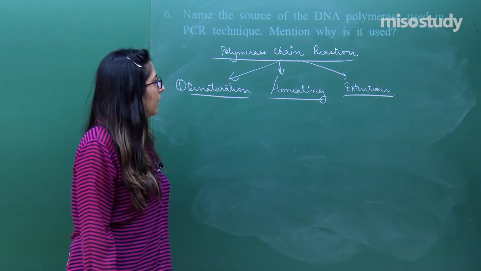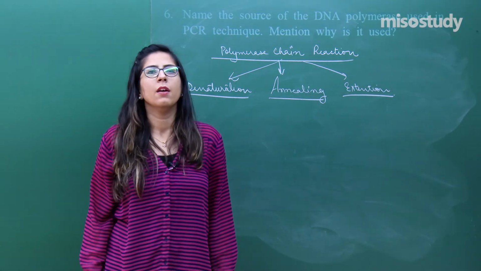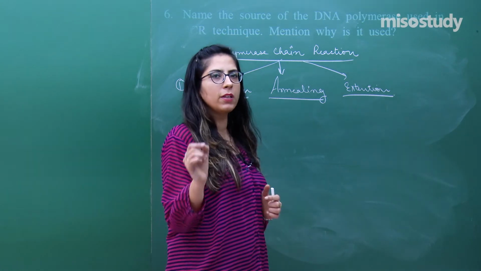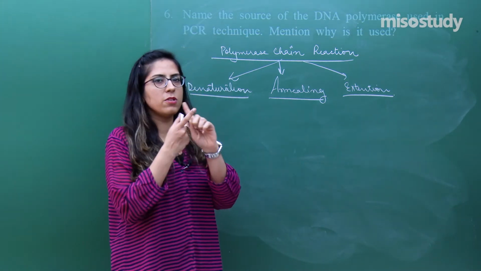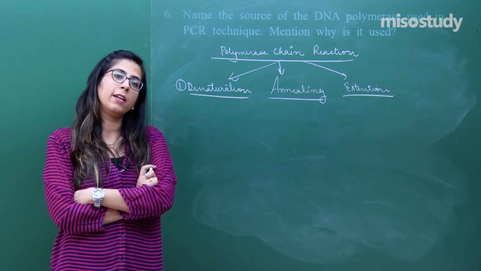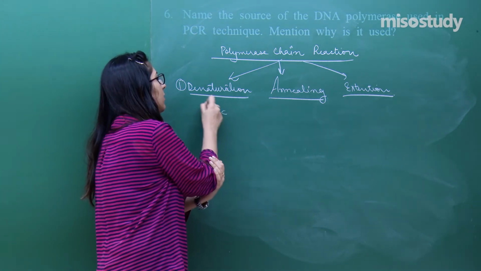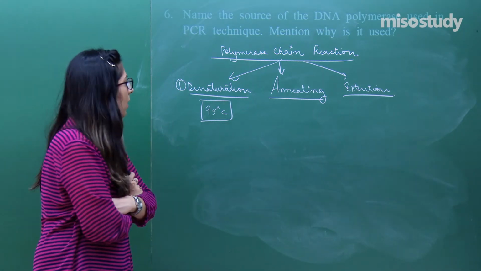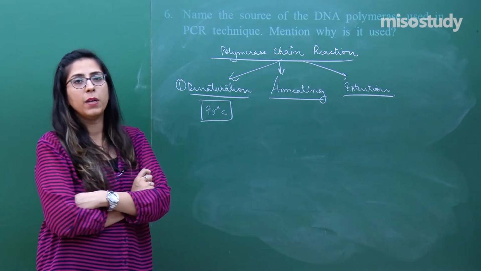Right? Just imagine a situation when I want to go for denaturation. PCR is a reaction where n number of copies of a specific DNA is made. Now, denaturation is a process by which the 2 strands of the DNA have to be separated, and denaturation is normally done at a very high temperature. In denaturation, the temperature required is minimum 95 degrees Celsius, and it depends upon the CG sequence as well.